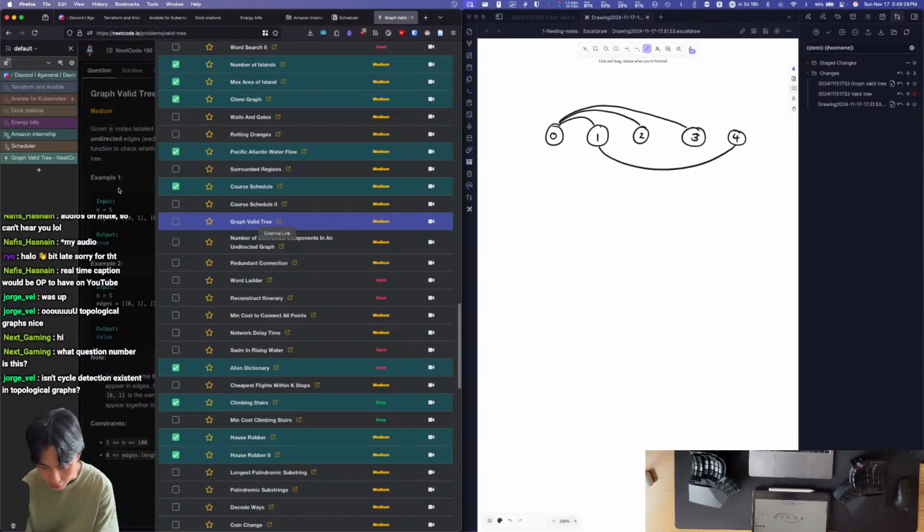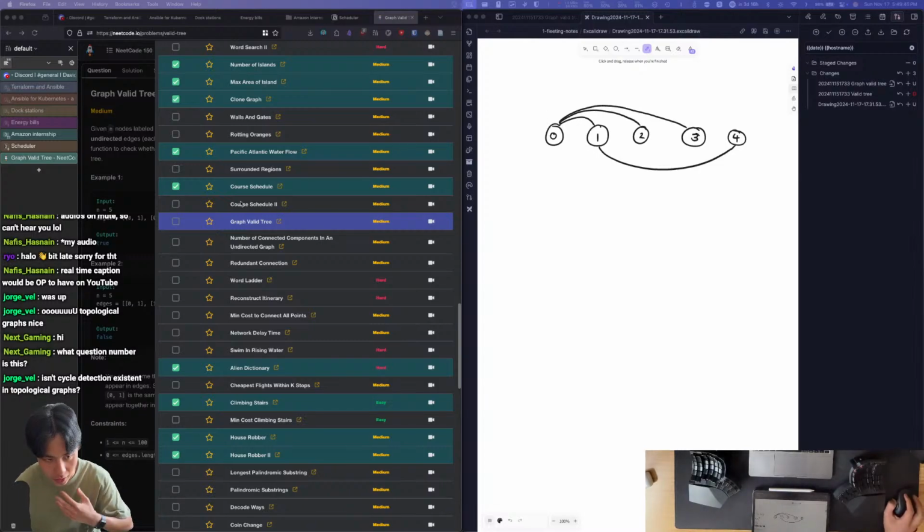How would cycle detection actually be existent in topological graphs? I don't think I can wrap my head around that yet. I have to see an example. Regardless,